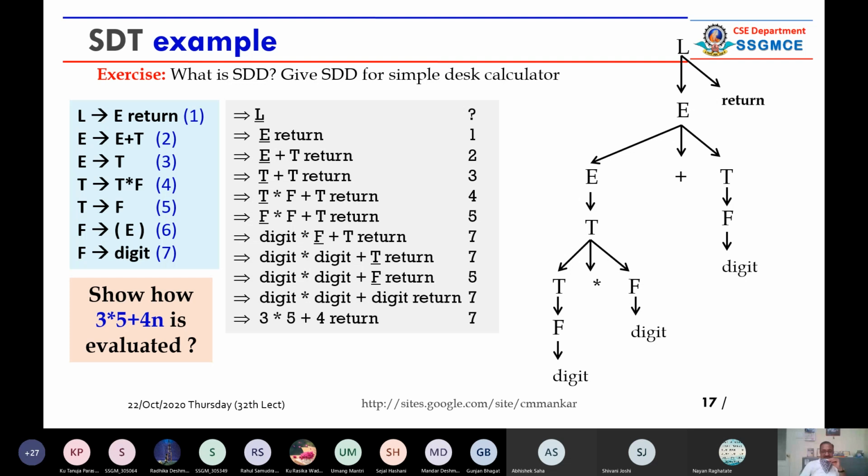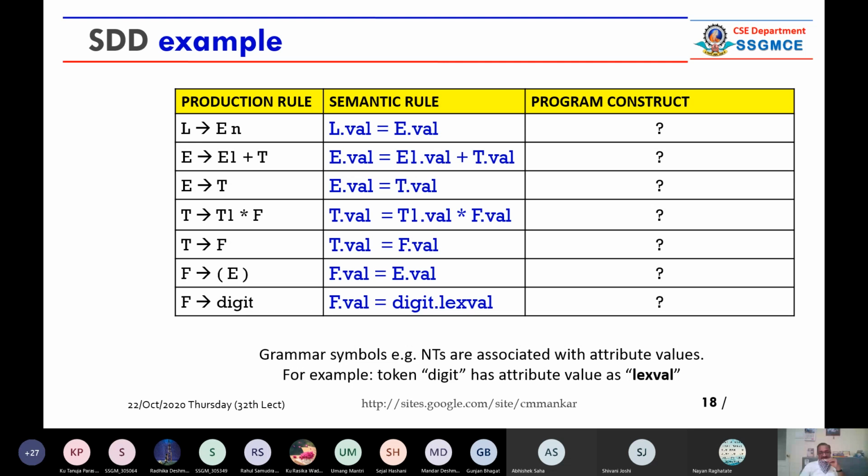So let us say this slide is giving you the information about the attributes. For example, L dot val is an attribute. T dot val is an attribute. See here, there can be E1 dot val, second row in the table. Then in the fourth row, there is T1 dot val.